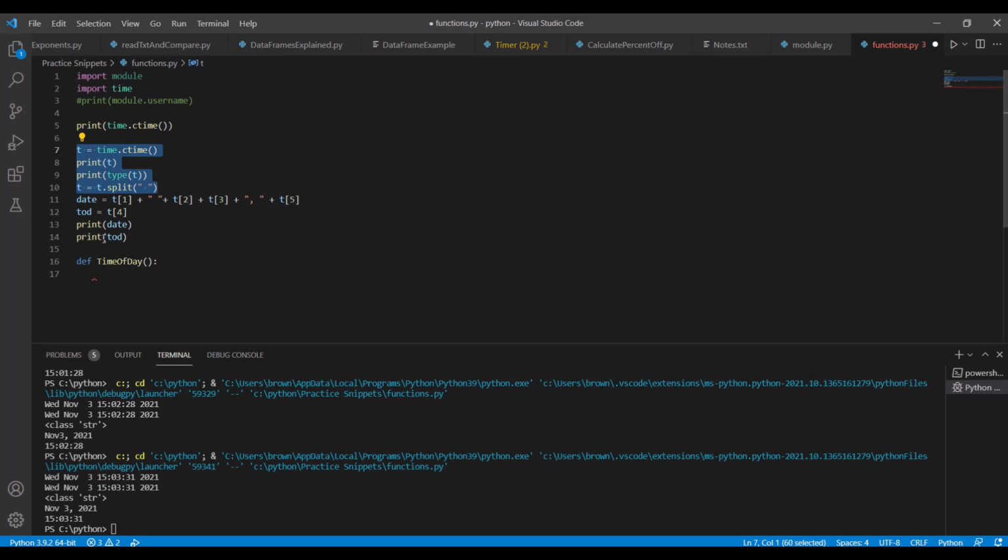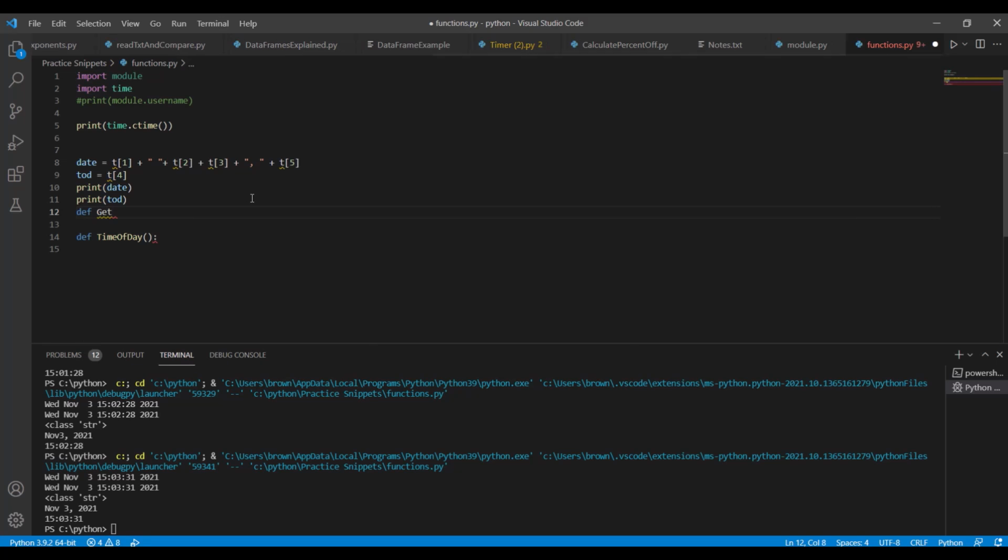Let's break this up first off. So I'm going to X all of that out, and I'm going to say, I'm going to do this a little bit faster than I wanted to, but